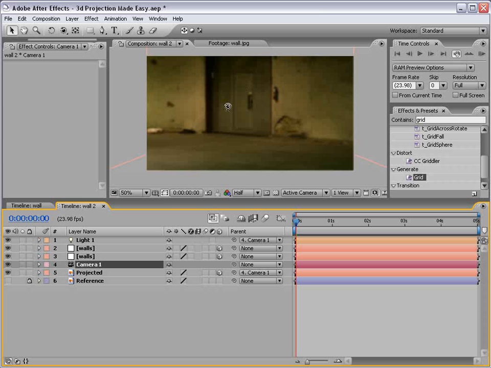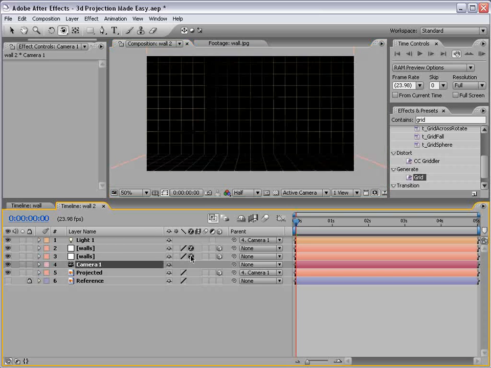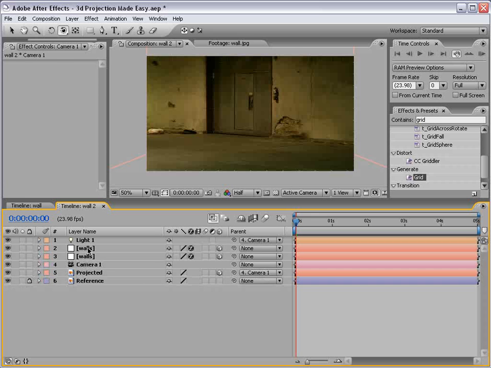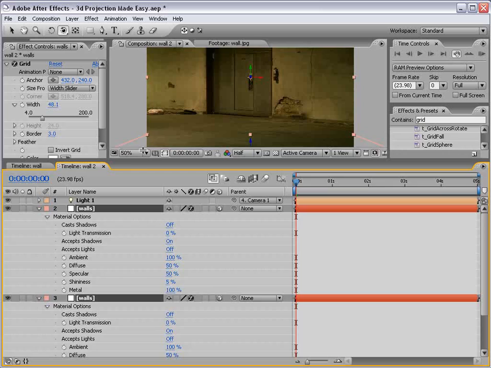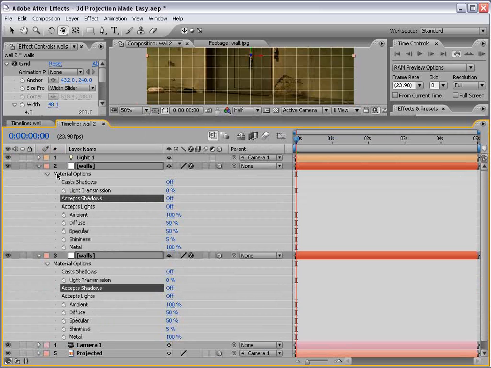So now if we move the camera around, you can see we're changing the scene, but the projected image is linked to the camera, which means what's being projected does not change. So now if we turn our grid back on by turning the effects back on, and our reference image, and if we turn the accept shadows off temporarily,